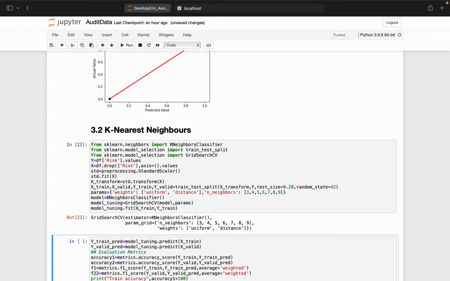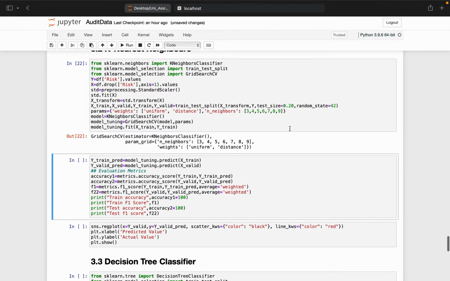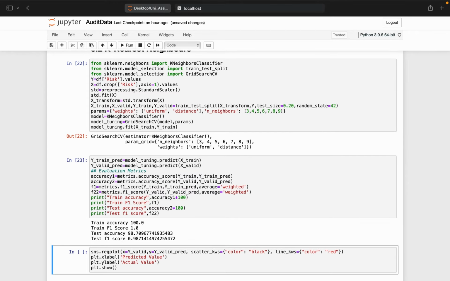We are training the model and we are just testing it. After computing all the metrics that are needed, training accuracy is 100%, training F1 score is 1.0, testing accuracy is 98%, and testing F1 score is 0.98.